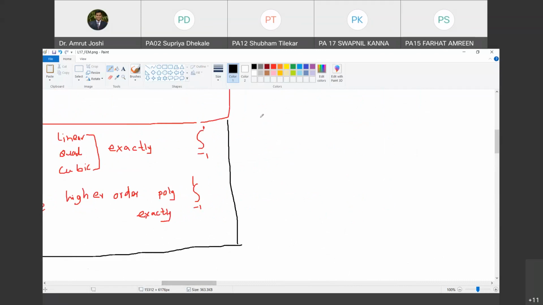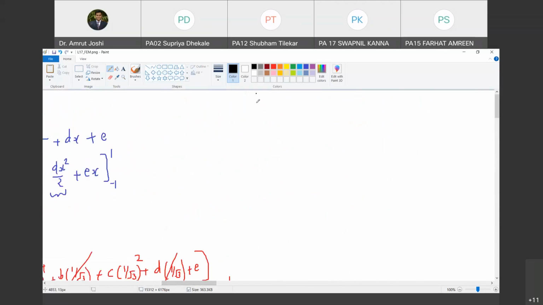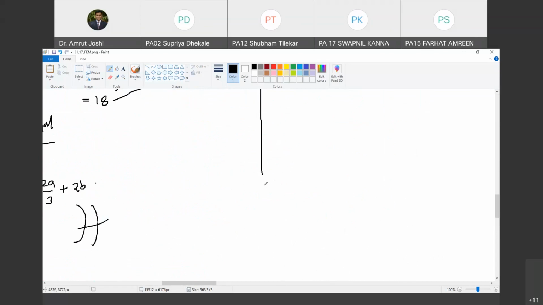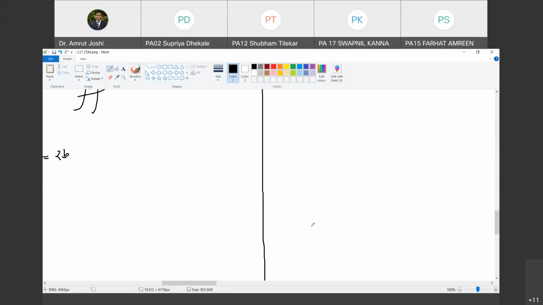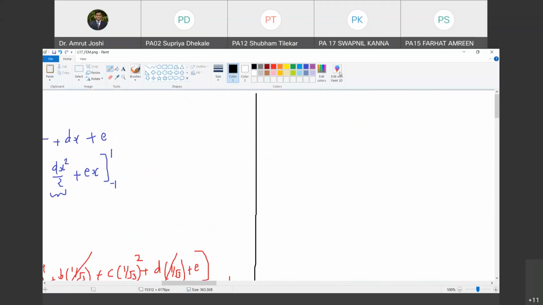Now see what I am going to do. I am going to make a summary of today's class and then we are going to continue updating this table for higher order polynomials and higher point Gauss quadratures, and then we are going to make a particular conclusion. Are you with me? Yes, sir. So here I am saying n point Gauss quadrature. In the first case I am going to write down the value of n. So it is 1 point Gauss quadrature and 2 point Gauss quadrature. This is what we have dealt with. We are going to deal with 3 point Gauss quadratures tomorrow. Are you with me? Yes, sir.